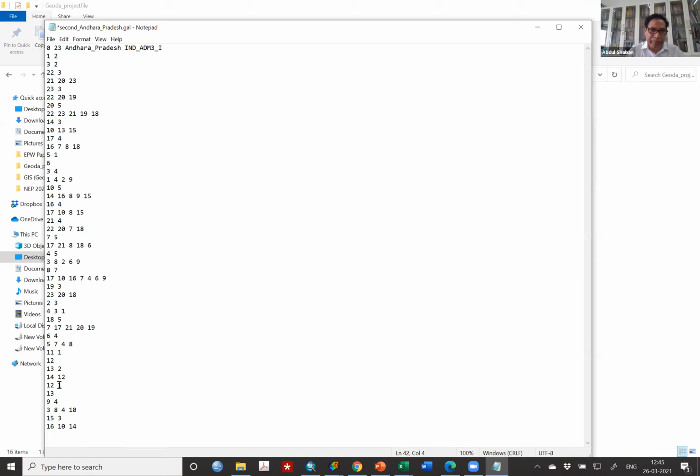And if 11 has 1 neighbor, which is 12, that means 12 also has 2 neighbors. 12 does not have 1 neighbor. So 12 should have 2 neighbors, and these 2 neighbors are 11 and 13. You understand? Because if you are a neighbor to somebody, that somebody is also a neighbor to you. Yes, sir. So you got it.